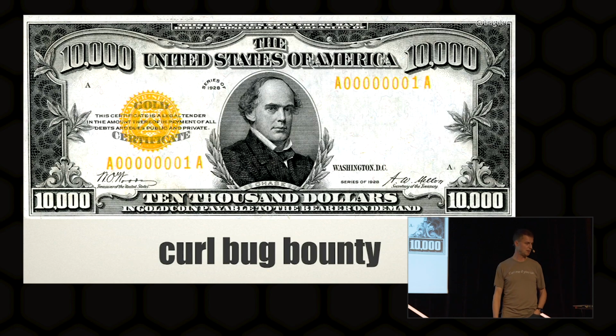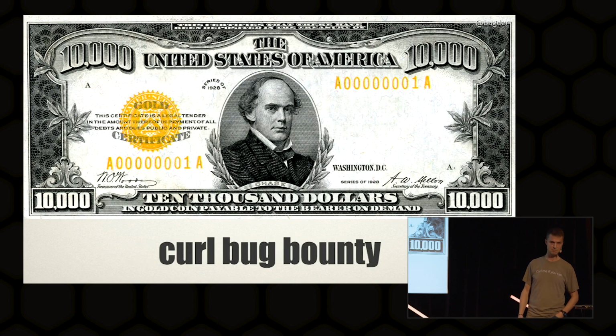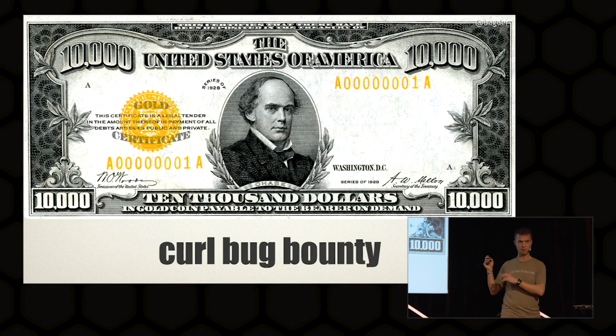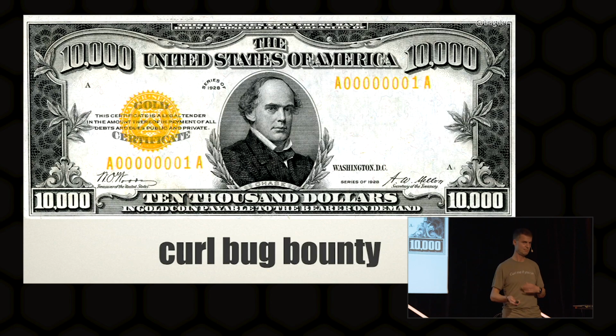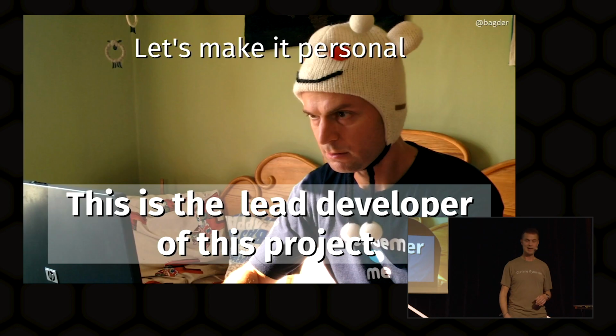So we have this curl bug bounty introduced a while ago, and we hand out money for security problems that people find. And I think this is an awesome way for us to use donations and sponsorships from companies and users. We put them in a pile and we pay users or researchers or bounty hunters for the flaws. And it's been a great success so far, and we're actually going to try to up the amounts going forward too, because we haven't found too many bugs and we have money. So we're going to pay more.